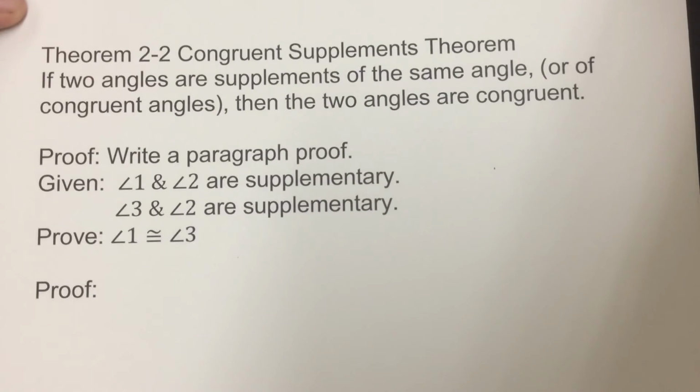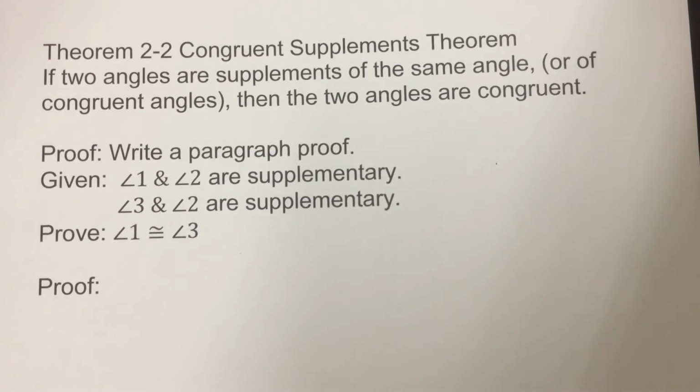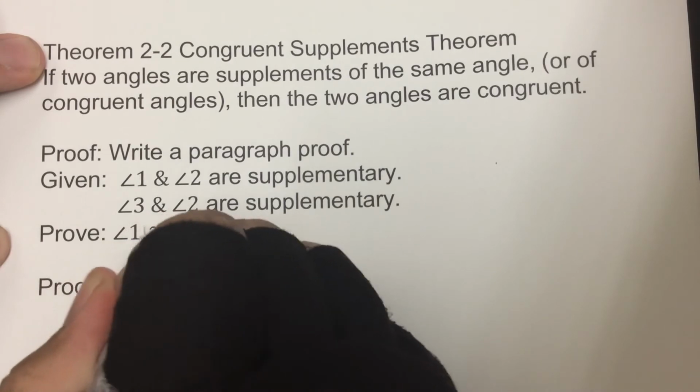So we have then theorem 2-2, the congruent supplements theorem. If two angles are supplements of the same angle, or of congruent angles, then we know the two angles are going to be congruent. Now, we're going to set this up just like the last one. So we're going to start with, by definition,